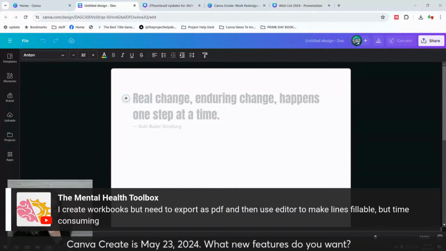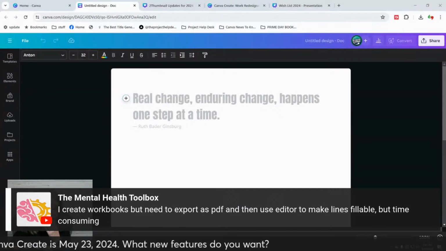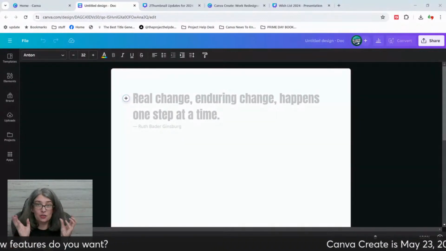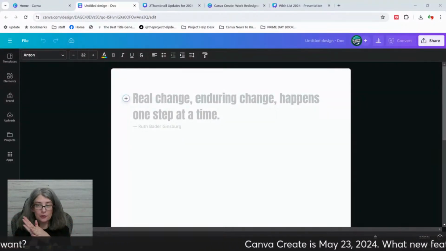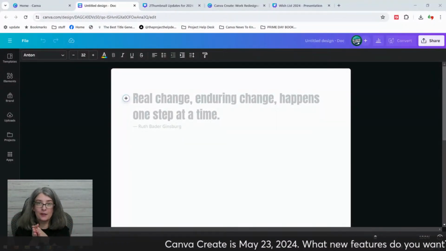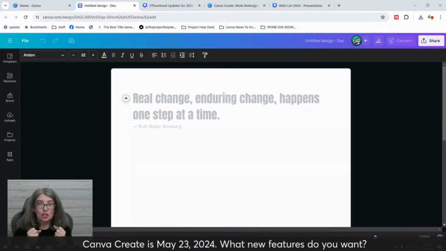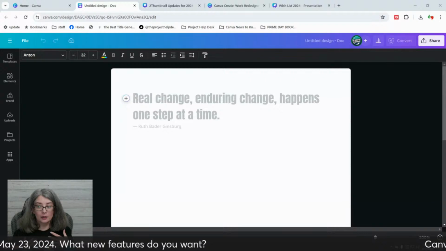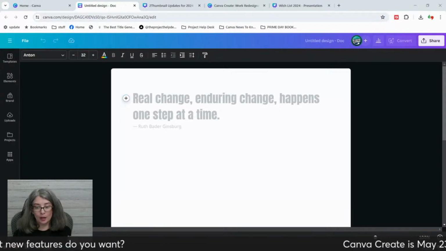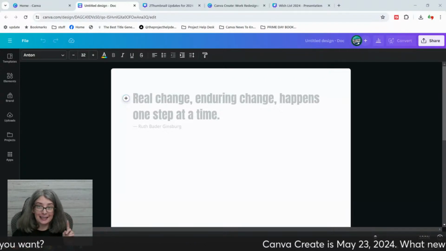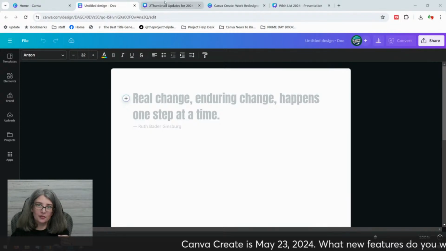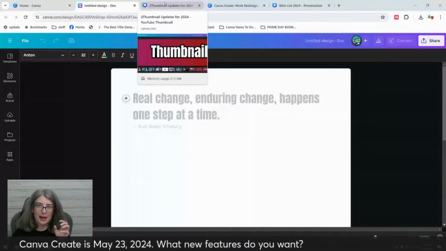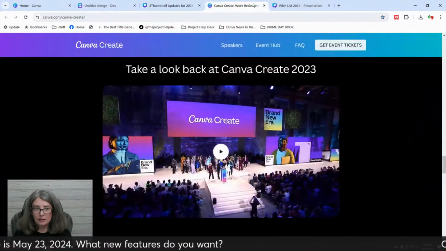And then use the editor, make lines to fill in, but it's time consuming. But yes, if someone else can help with the mental health toolbox, that would be very valuable. It's not something that I've done. I do know that you can create things, but I don't know whether it would be included as part of my spreadsheet wish list.